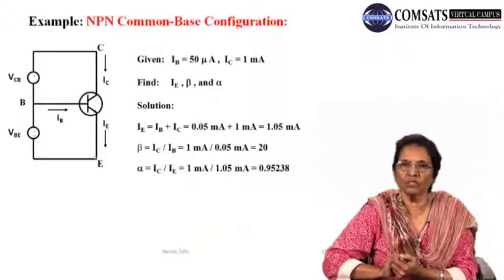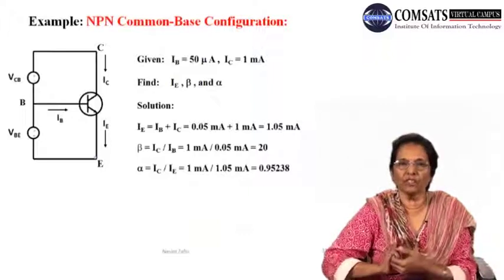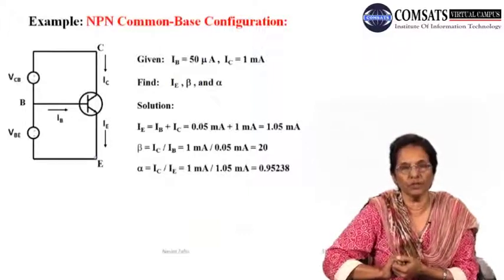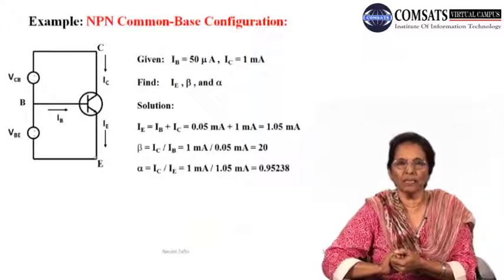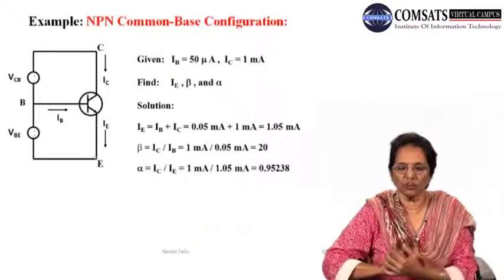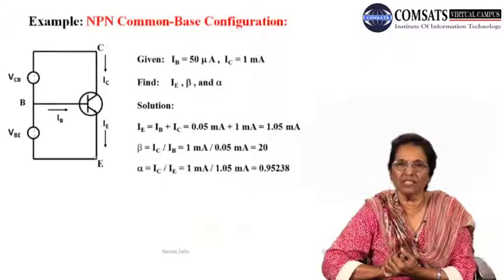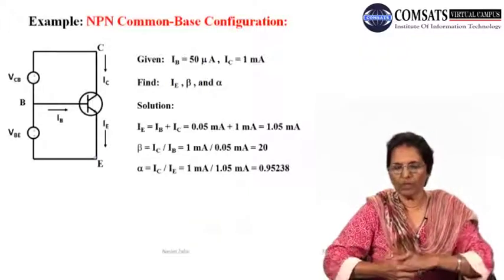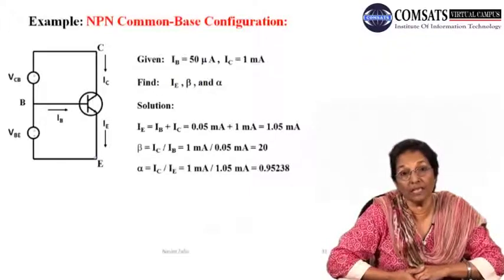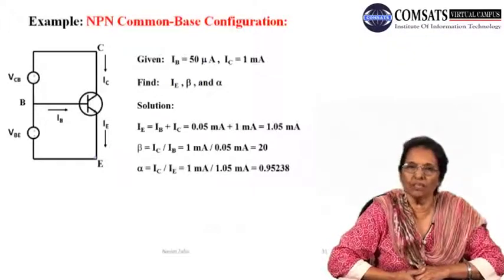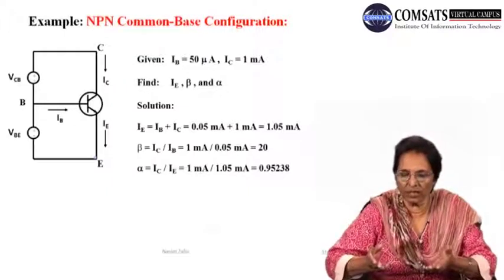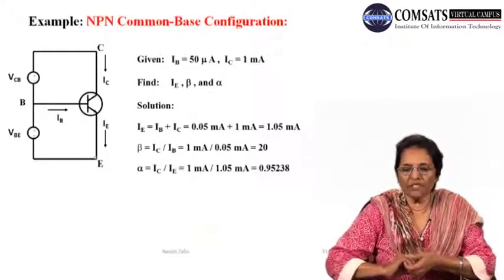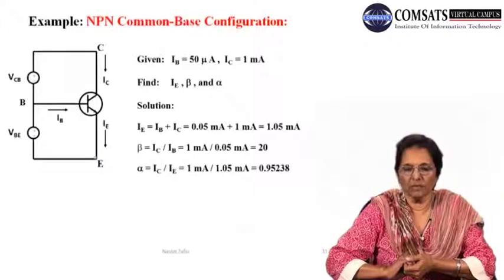उन टेक्स्ट बुक से जो कि मैंने आपको रेफरेंस में जिनकी लिस्ट दी है, आप कॉमन एमिटर कॉन्फ़िगरेशन के लिए भी कर सकते हैं। ज़ाहिर है कॉमन एमिटर कॉन्फ़िगरेशन में आपको गिवन पैरामीटर स्लाइटली चेंज करने पड़ेंगे। तो जब आप इन चीज़ों को कैलकुलेट करें तो फिर आप प्रॉपर्ली अंडरस्टैंड कर सकते हैं किसी भी ट्रांजिस्टर सर्किट के ऑपरेशन को। Let's look at this now. हमने बेस करंट 50 माइक्रो एम्पियर ली है